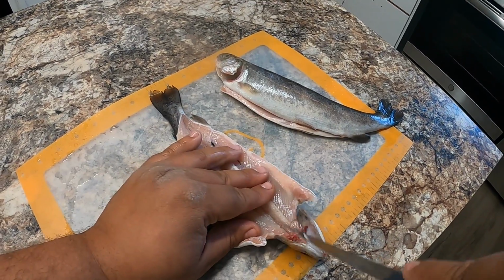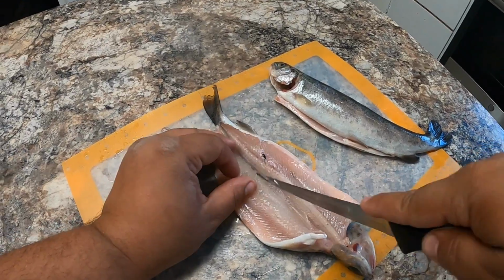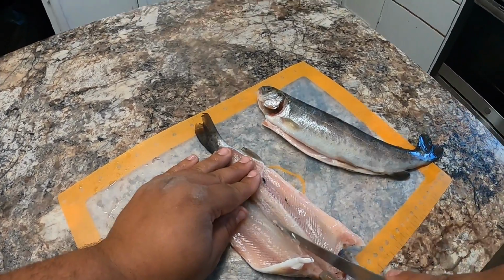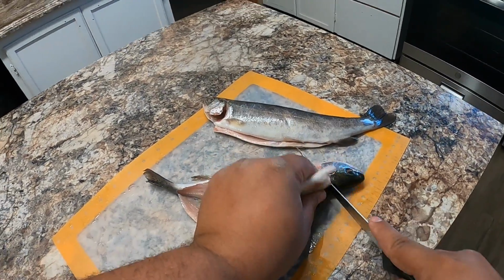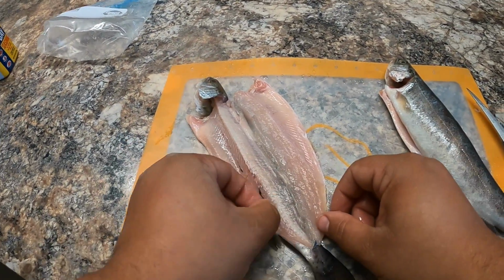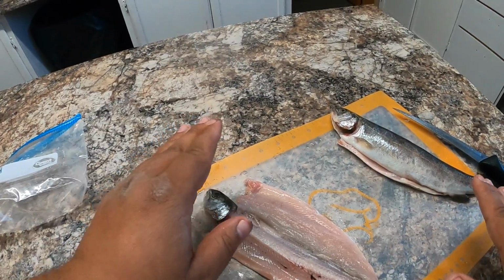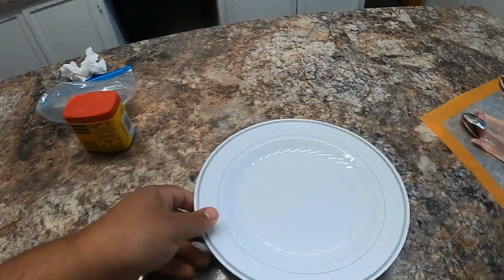So now just follow it down all the way. You'll open it up. You'll have like a nice butterfly effect here. Boom. Just like this. Now you can also get some of that blood out too. We're going to do the same thing on both of those fish. Alright, so now next step, get your plate